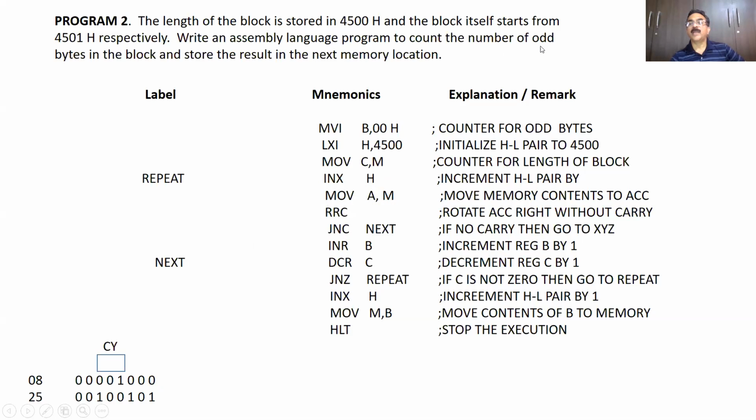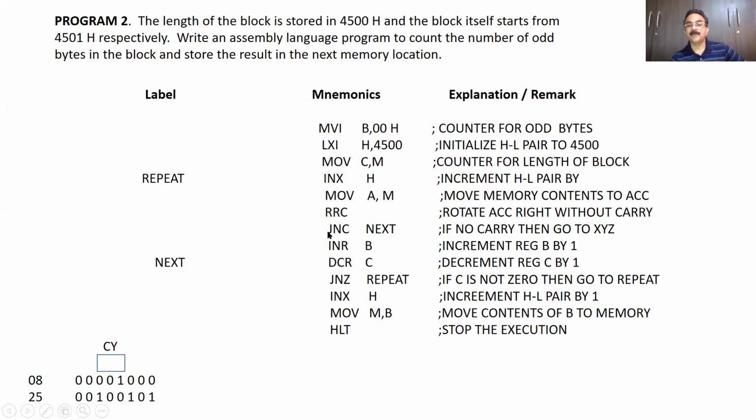Now here, we'll have to find the number of odd bytes. I have given here 2 examples. You can see here, 25 is odd byte and D0 of odd is 1. It means that if D0 is 1, when we use this RRC, this 1 will go to carry. But if D0 is 0, if it is even byte, like 08 is even number, then D0 is 0. So we say that no carry. So 0 in carry means no carry, 1 in carry means carry.